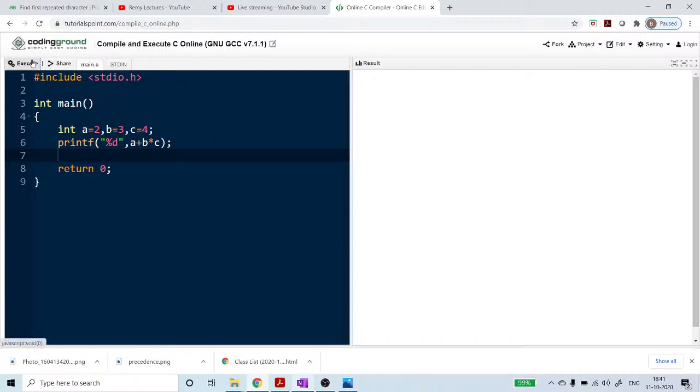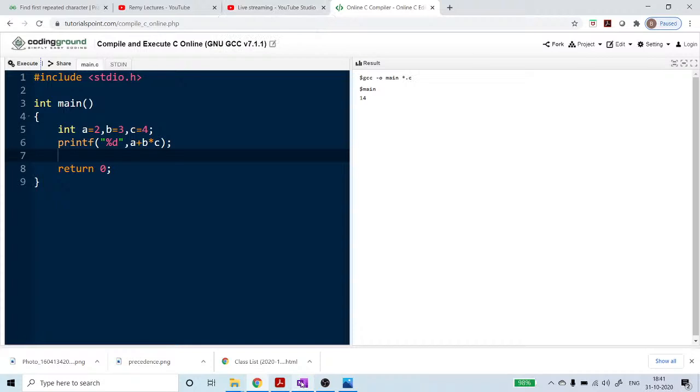So right now I am going to execute this and see the result. So what is the answer? We got 14, not 20, right? So this is how we can check. So learning the theory part is more important. If you understand this one, then only you can write the program very easily. So I think it is clear now, right? Now we'll see